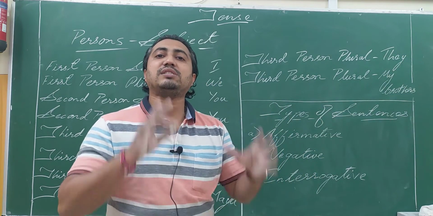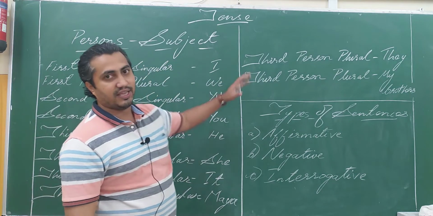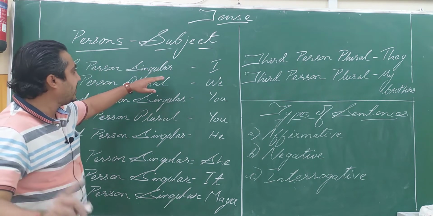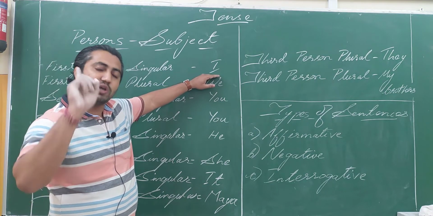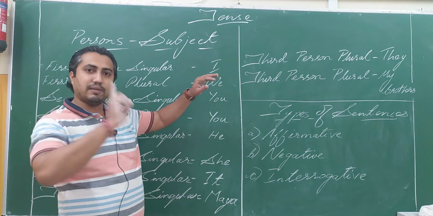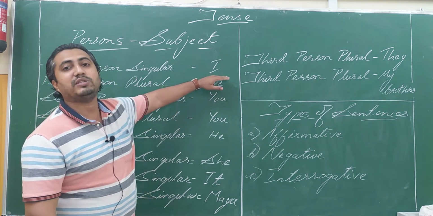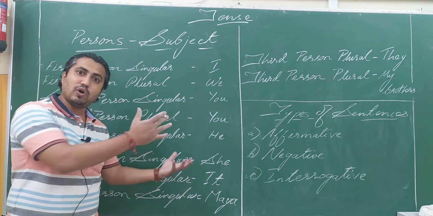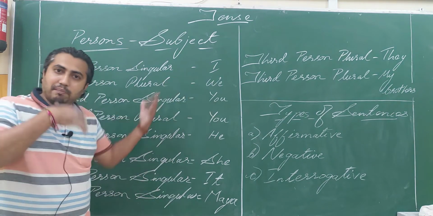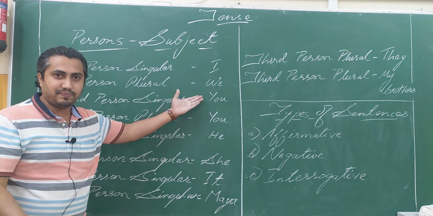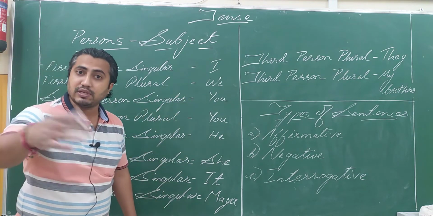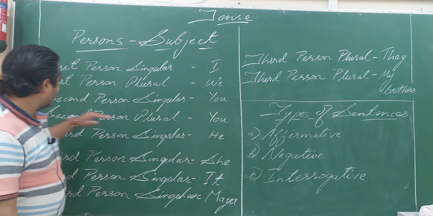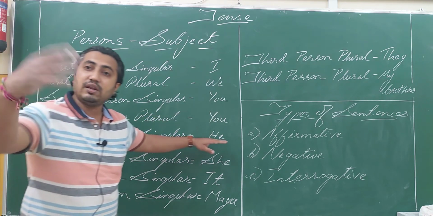Students, these are the subjects that we are going to understand here. Please pay attention here. First person singular, speaker singular, the subject is I. It is always I. If the speaker is telling something about the speaker itself, he will use the subject I. First person plural, if the speaking person is more than one and they speak about themselves, what will they use? We, हम, is it? First person plural, we. Second person singular, the person to whom one is speaking, that second person is singular, you. Second person plural, if this listener is more than one,